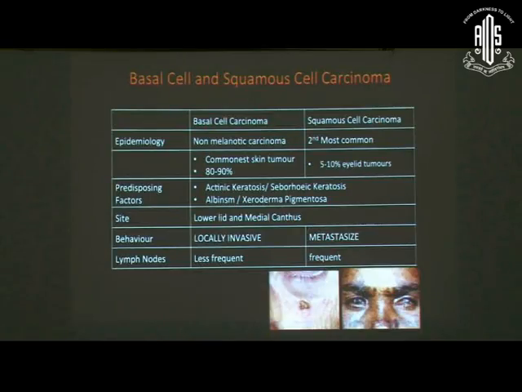So squamous and basal cell carcinomas are the commonest epidermal tumors, associated with actinic keratosis and xeroderma pigmentosum, as is seen in the pictures here. These lesions need to be at least tried to identify early and possibly either referred or a biopsy done to identify and define a benign from a malignant lesion. Coming to the next lesion,